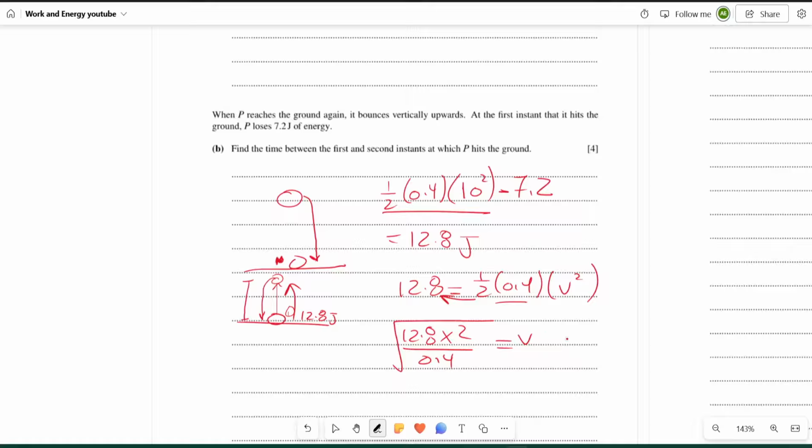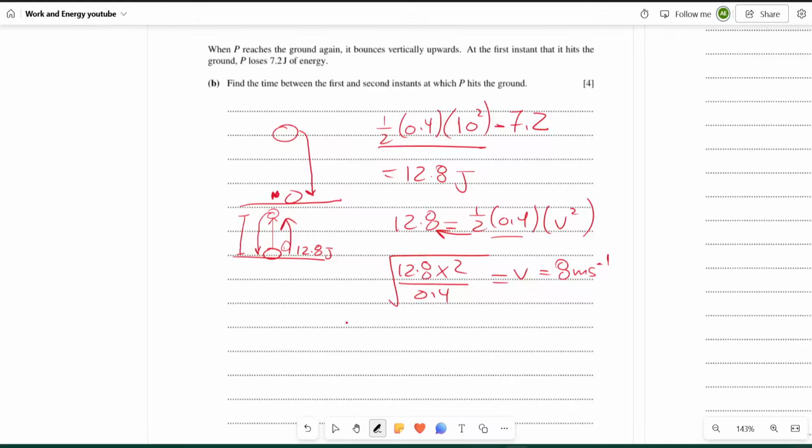That's going to give me a velocity of 8 meters per second. So this is now the velocity, right? To find the time, now this is a kinematics equation, okay? And by the way, I've done a full revision on kinematics as well. I'm going to leave the link to it on the top right hand corner. Go check it out. So in order to solve this using kinematics, I like to always list down what do